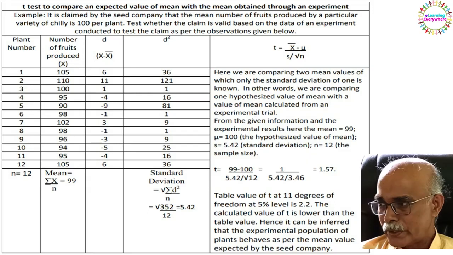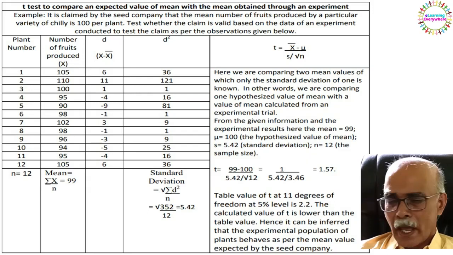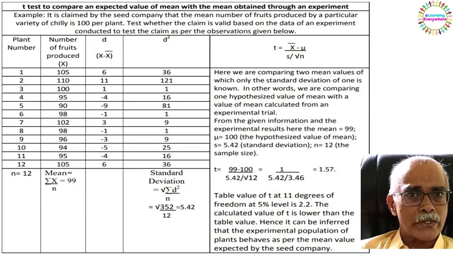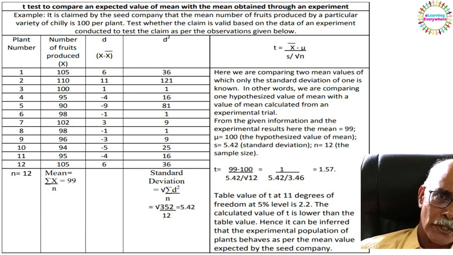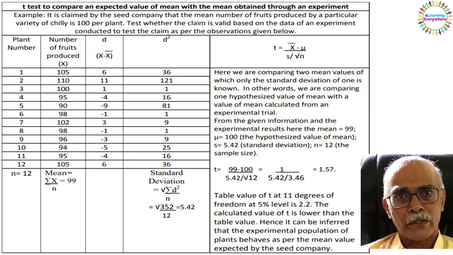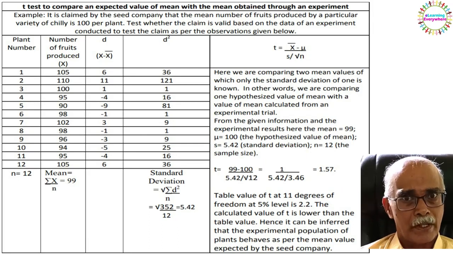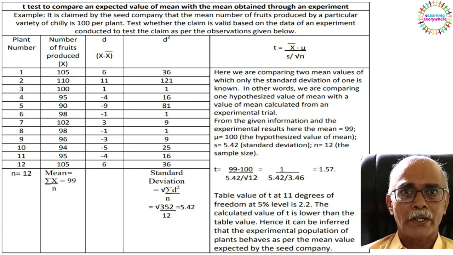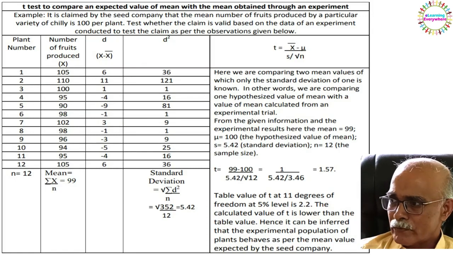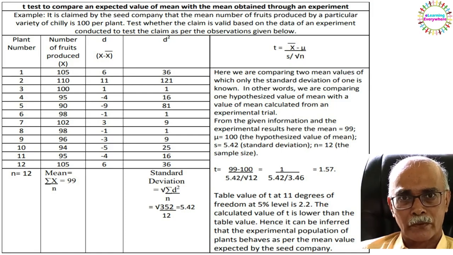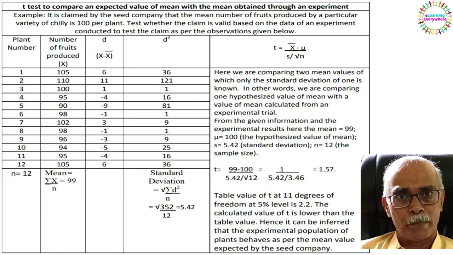And for that you are going to conduct a t-test, and the formula for t-test is. So you see, in all these cases, we are carrying out tests based on the variability levels. Variances are calculated, and based on the variances or deviations, you are calculating the t value. So in the case when you have one hypothesized value of mean and you are asked to conduct one experiment and validate it,